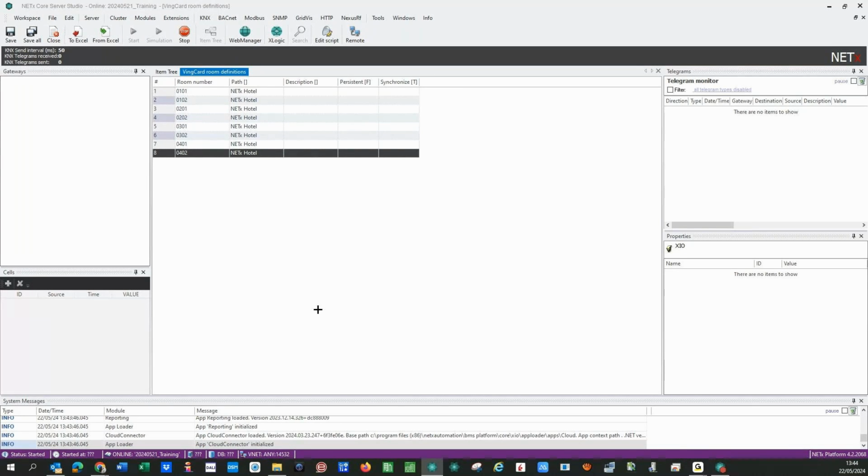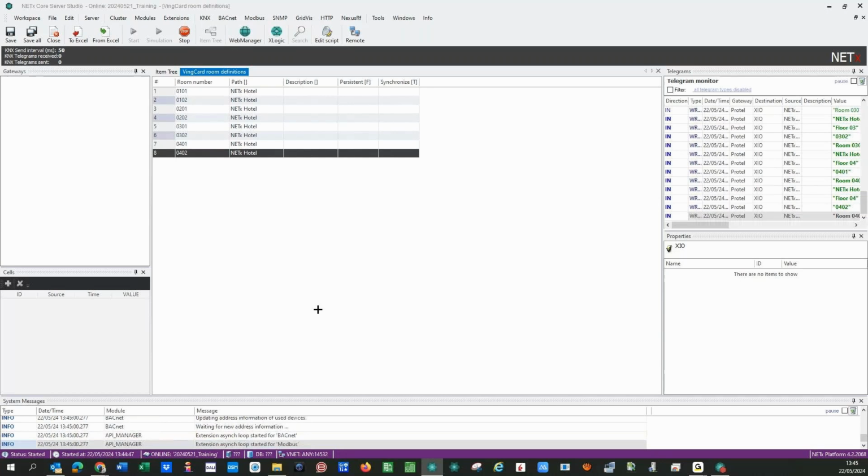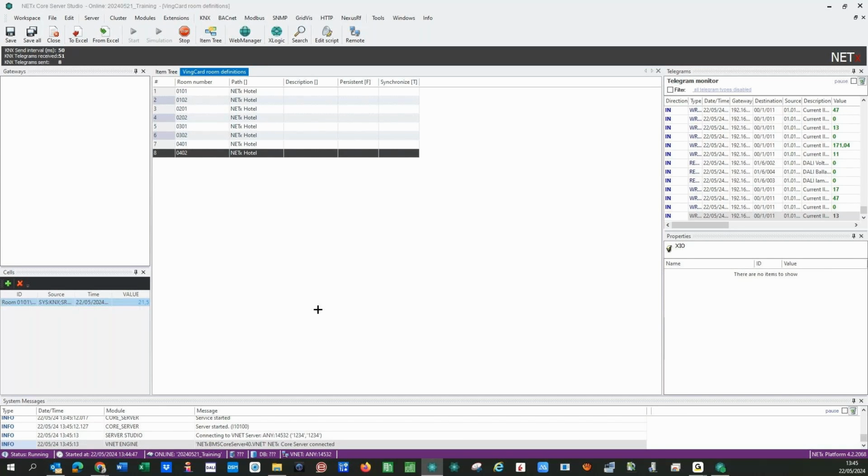information from one side. If we have Fidelio or whatever other PMS integrated directly, or if we do not have these Fidelio drivers, or we do not need this because the hotel is small or whatever, we can get this information, we can change this information also directly. But I will show you afterwards. Let me first see if we get Vingcard at the end, Vingcard